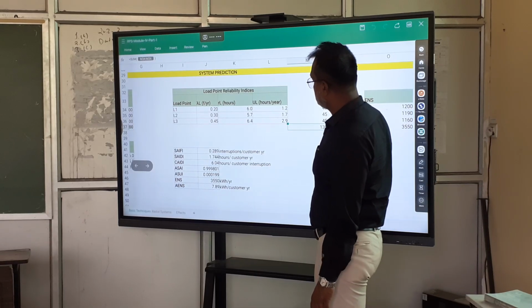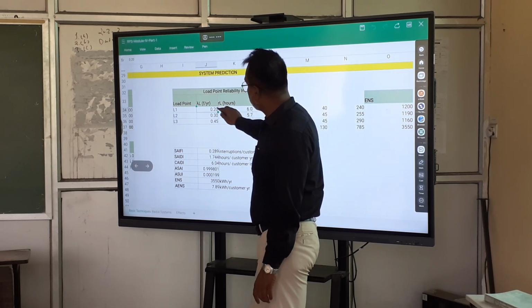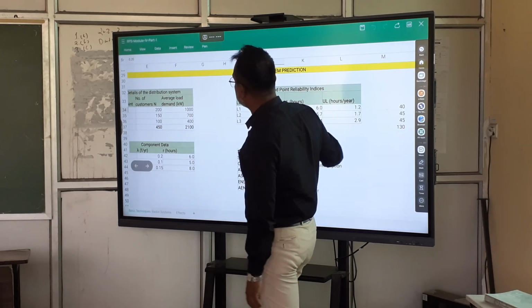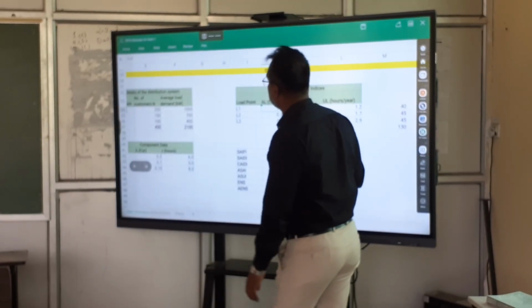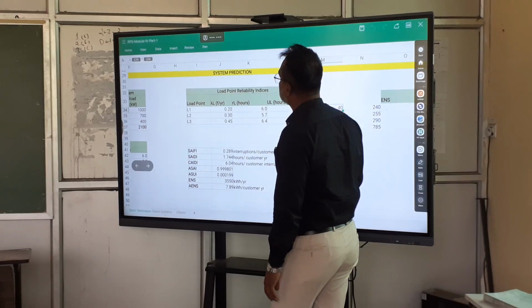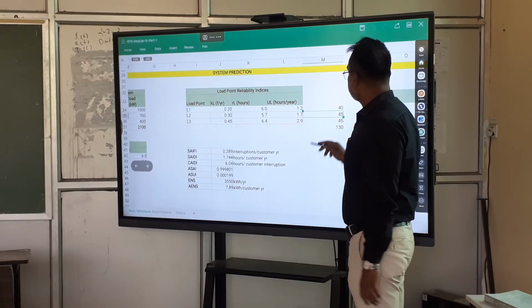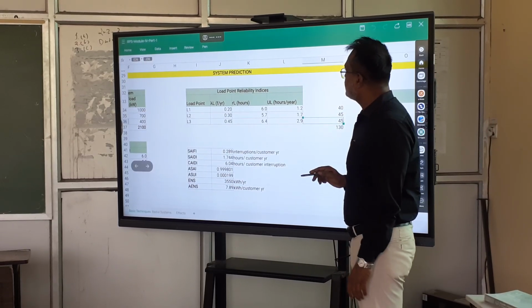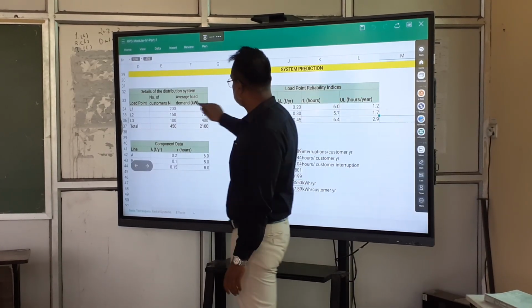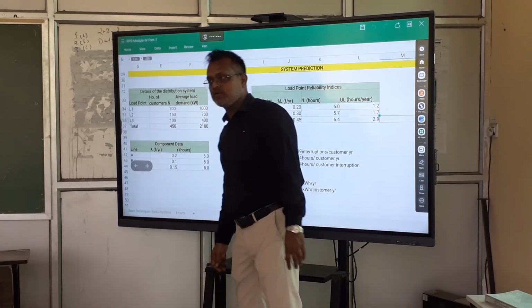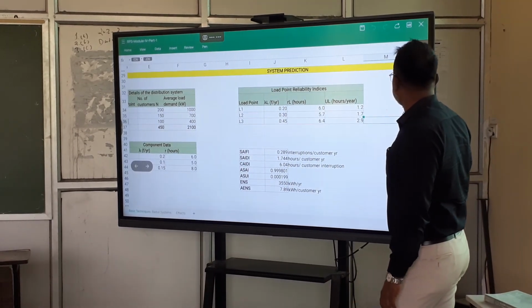So how I have found out lambda into n, that is number of customers connected to L1. What is that? 334. Right? 334 into J34. Let's check. Yes, 334 into J34. Lambda is 9. This is 335 into J35, 336 into J35. We are simply multiplying lambda into the number of customers connected to a particular load, and then we are adding them up to get